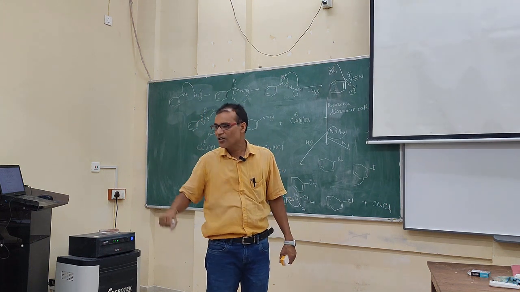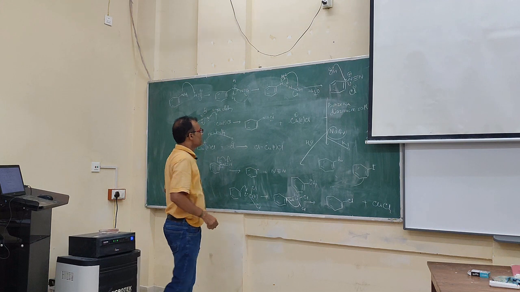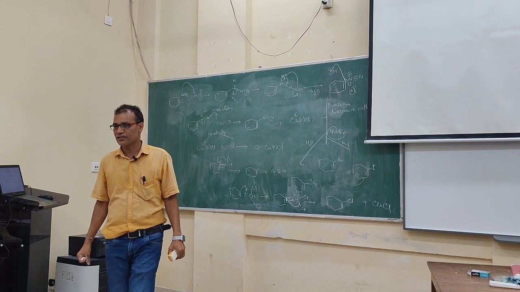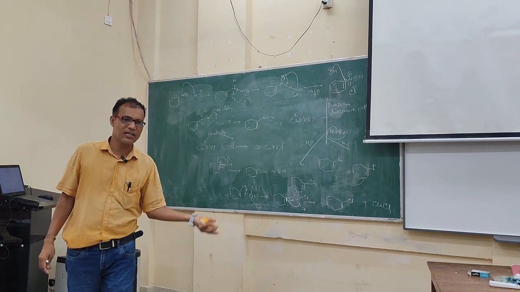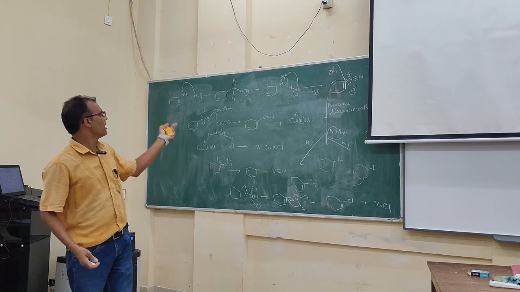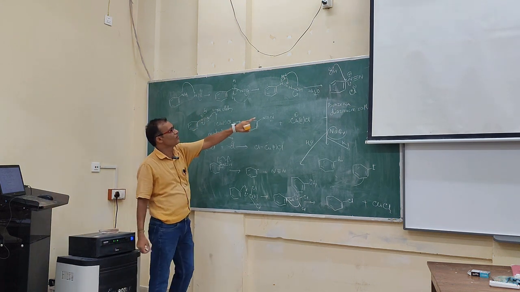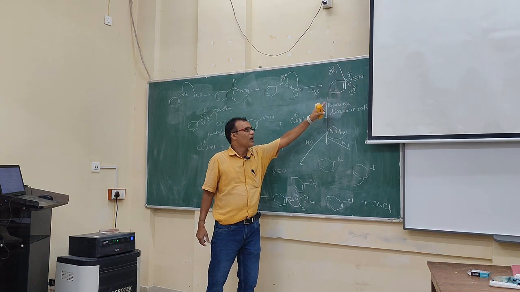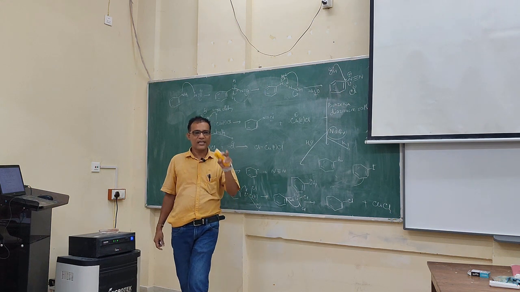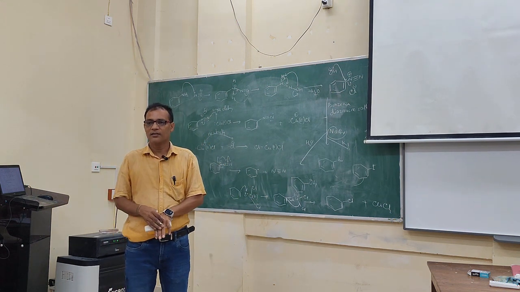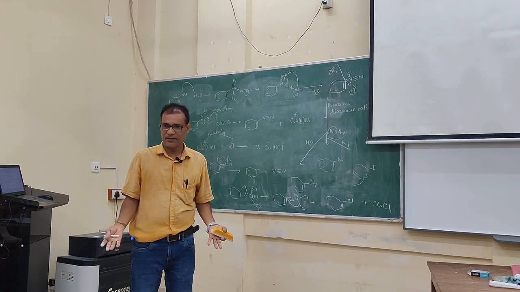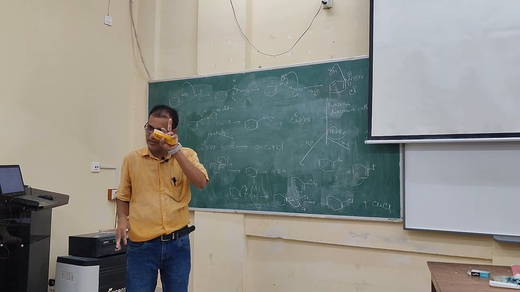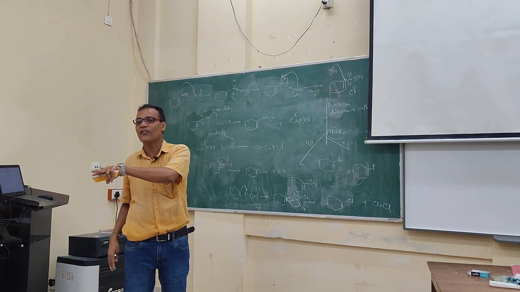Am I correct? So once NO plus is formed, now the amine group, because you are making a diazotization, you take the aniline or para-methoxyaniline, any substituted one. That aniline will react with this NO plus and form the diazonium salt. You got it? And the diazonium salt is not stable. If you directly give the diazonium salt some nucleophile, suppose sodium bromide, sodium hydroxide, sodium iodide, then you will get the nucleophilic product directly. But that is not the Sandmeyer reaction. The Sandmeyer reaction must use a copper nucleophile instead of a general nucleophile.